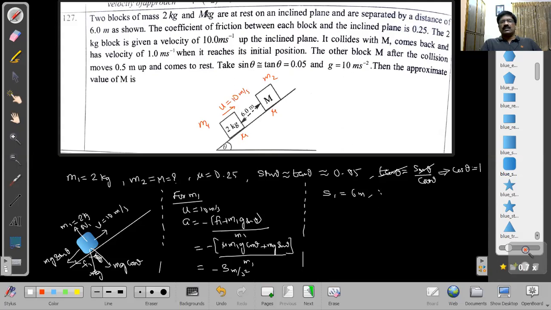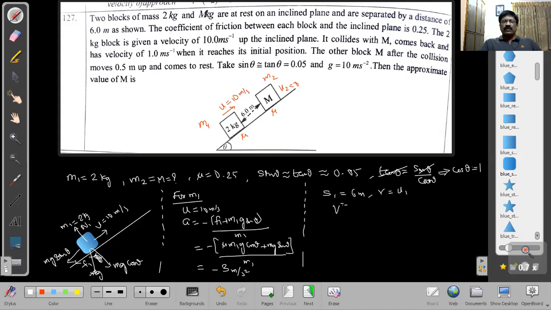Then what is the velocity of the block before it reaches the second block? That means the final velocity v, before the first block collides with the second block, suppose becomes u1, because before collision the velocity of the first block is u1 and the velocity of the second body is u2. Here already we know before collision the second block is at rest, that's why u2 is equal to 0. So what is the velocity of the first block before making collision? What is the relation among them? u is known, u is equal to 10, a is -3 we got, s1 is equal to 6, then v is equal to question mark.